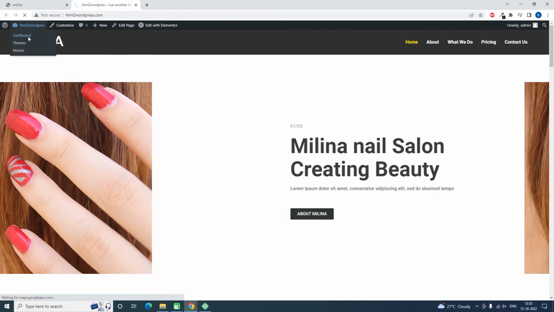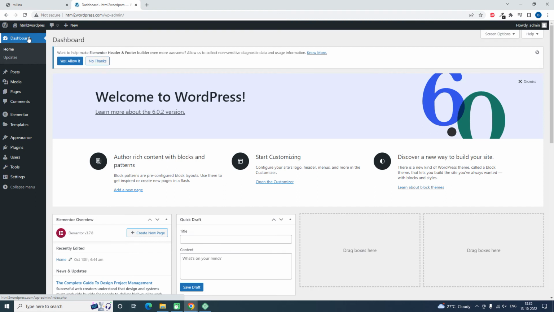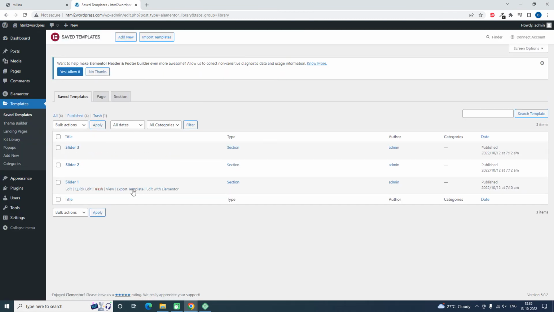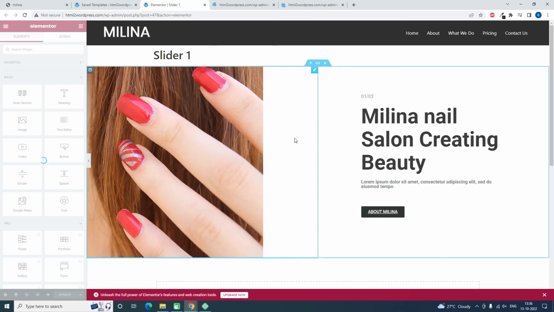Go to dashboard, then templates, Elementor templates, save templates, slider 1, slider 2, slider 3, open them all, so that we can optimize it one by one. Okay,